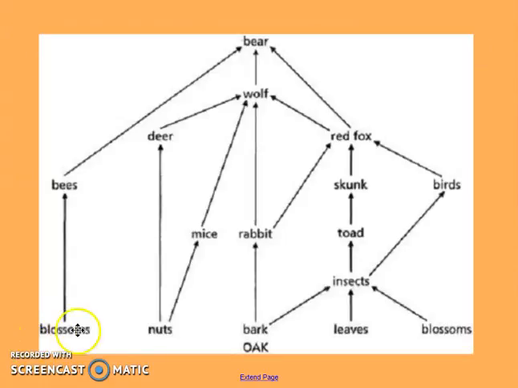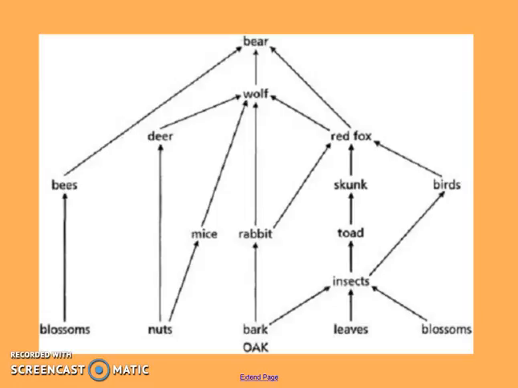You can see we start down here with all of our producers. These are all parts of plants. And then as the arrows point to another organism, that's showing, remember, who is doing the eating. Okay? So this is a more realistic way to show what happens in a community between those different